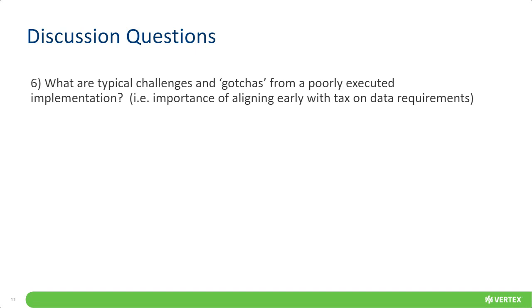The other thing that we see a lot is when testing's not thorough enough. So if we go back to requirements, that's where you're going to define all the use cases and scenarios for a tax engine. So you're saying, okay, we only sell goods, and then all of a sudden here's something you need to treat as digital goods or a service comes up later. That's going to be a huge issue if you're already in testing, because then you need to go back, define requirements, design how you're going to do it, and build and test. So making sure you get all the requirements up front and you're thoroughly testing every scenario is paramount to the